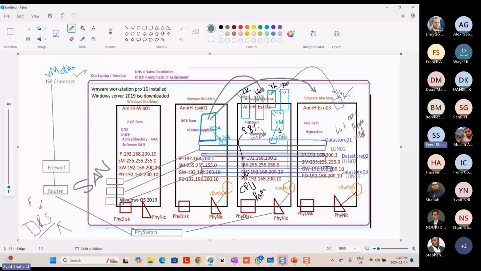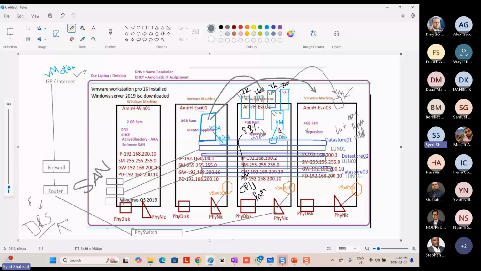But it automatically does all that. It does the calculation every 5 minutes. It keeps on checking. Oh, this has less CPU and RAM available. Oh, this has more CPU and RAM available. It just migrates automatically itself. It determines by calculating every 5 minutes which physical server has how much CPU and